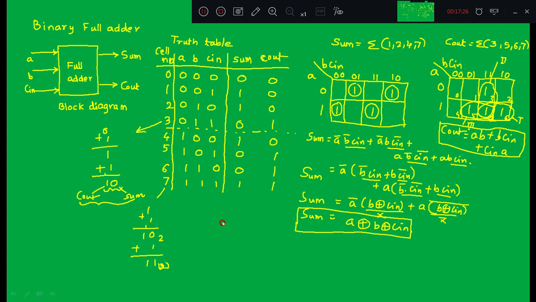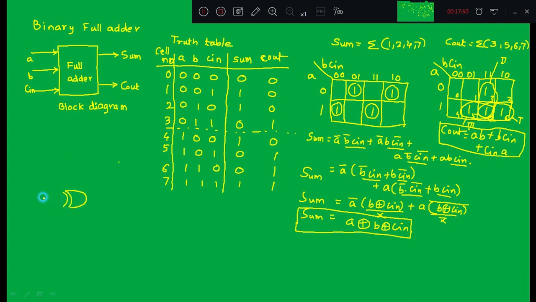If you want to draw or implement the circuit, A XOR B you are performing using a 2 input XOR gate, and that you are giving to one more gate where the third input C in is connected.